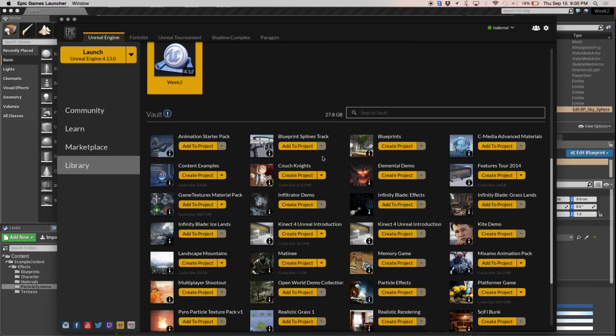It's like they're waiting for you, and when you want to add it, a lot of these things say add to project. They're much smaller things that you can just add to project. But something like the content examples is a huge project of its own, so you can create the project. It exists in a very small way inside the engine, and then when you tell it what engine you want to build it for, it'll go out and build it specifically for that engine.